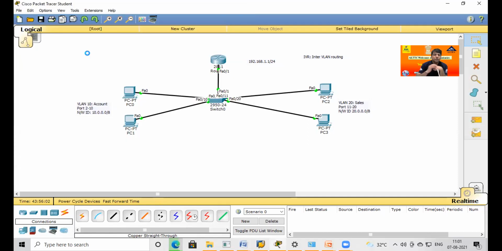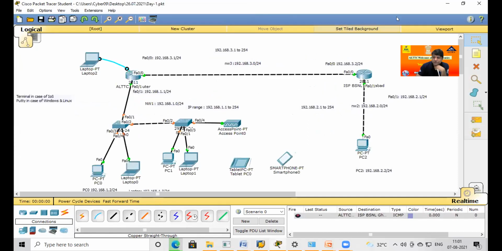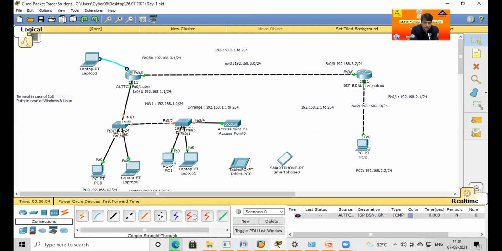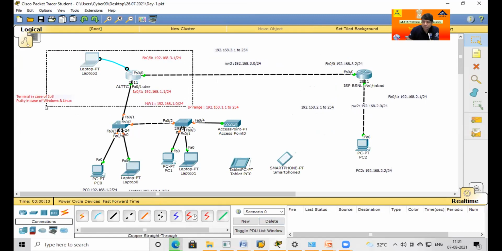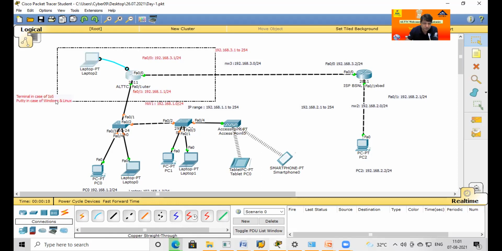Yeah, this is your project. In the last two or three practical sessions on this project, how to allot IPs on the routers and computers was already done.